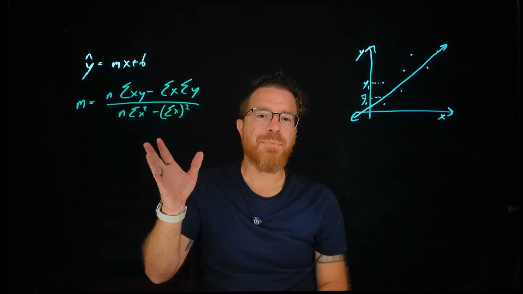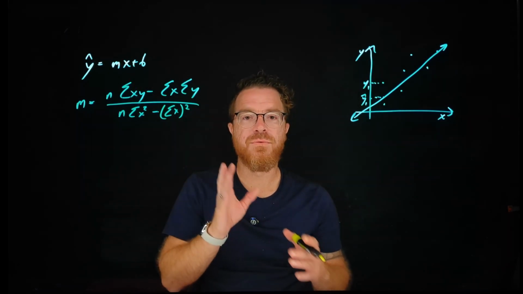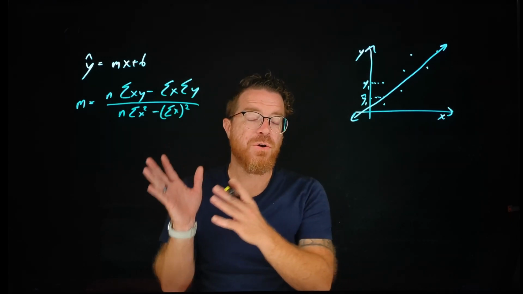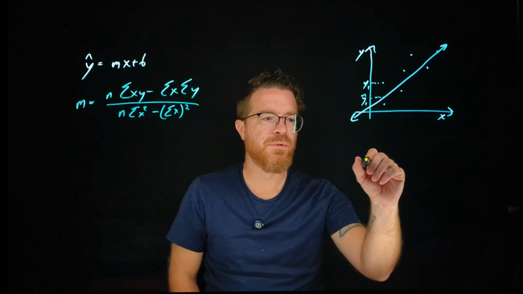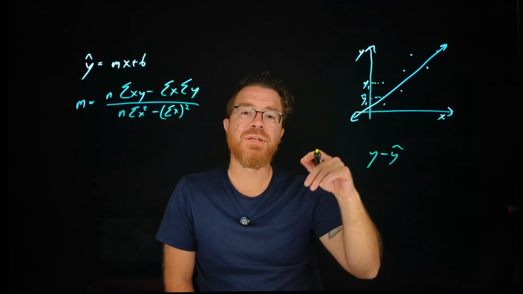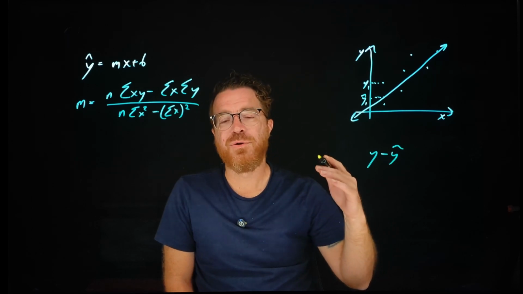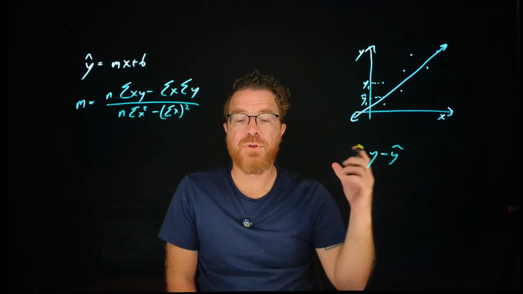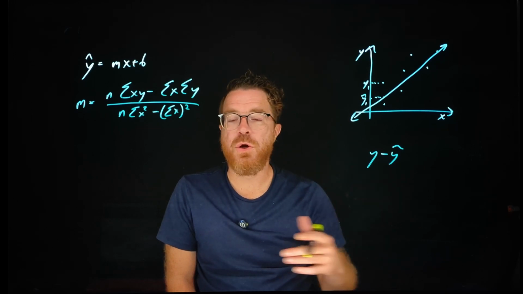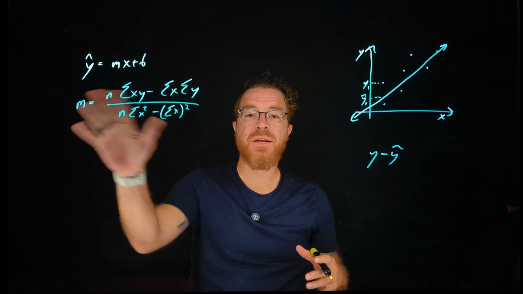But pretty much what's going to happen is you're going to be solving this in terms of your slope and the difference between your predicted value and your actual value, right? Your y minus y hat. You're going to use this, and then you're going to take the partial derivative with respect to b and the partial derivative with respect to the slope m. From there, you'll have a system of equations, and then you can solve for slope. So in another video, I may go into more detail, but for this introduction, just know that this is how